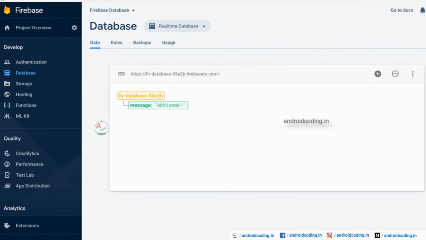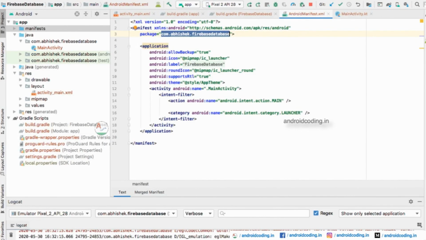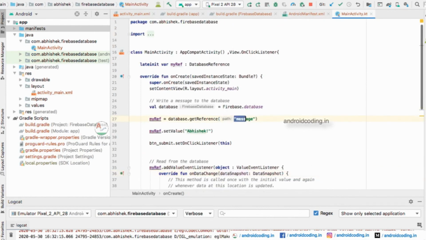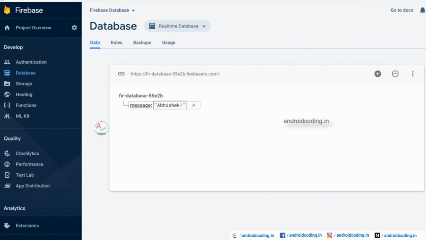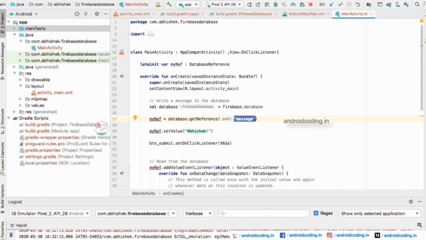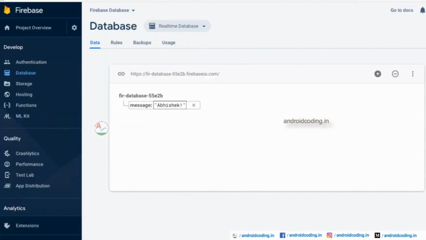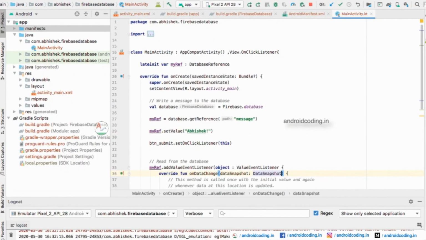So that is a primary step, and here you can see message. You have seen the message here, right? In our main activity, we have defined message path here. So I think you got clarified now. So here we are using this key message as a key to insert the value and to retrieve the value, and here my name is there, and you can see here we have passed my name, so that is getting reflected over here. And if you really want to check it out once again, I will do something more.